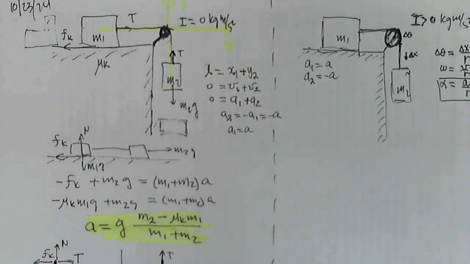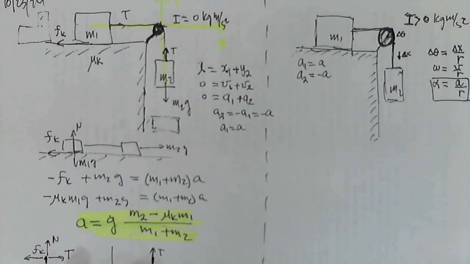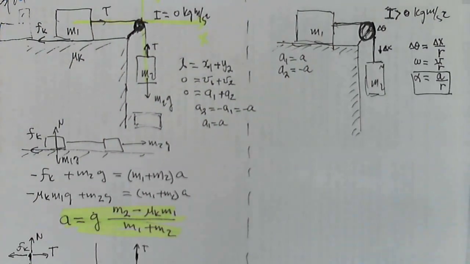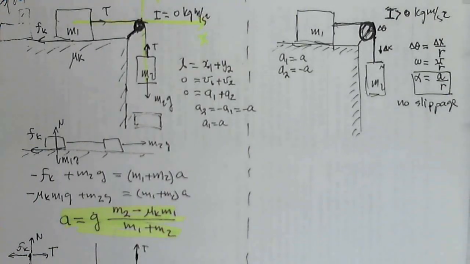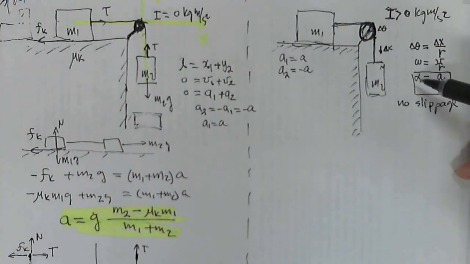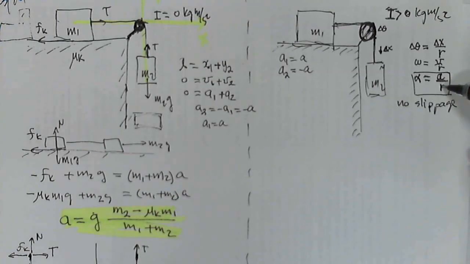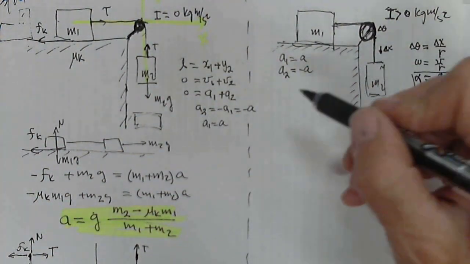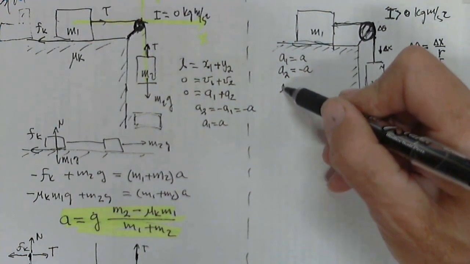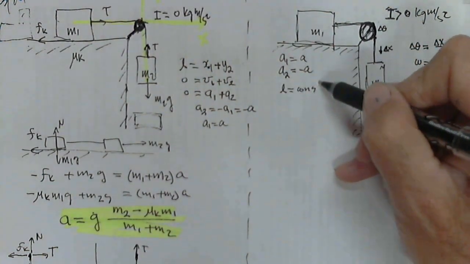So this is the situation when there is no slippage. So again, since there is no slippage, the angular acceleration is the linear acceleration divided by the radius of the pulley. Because the length of the string does not stretch, L is constant,